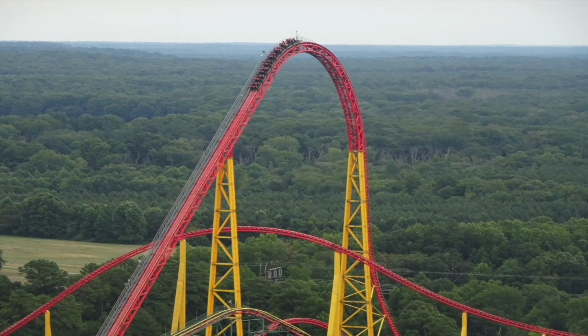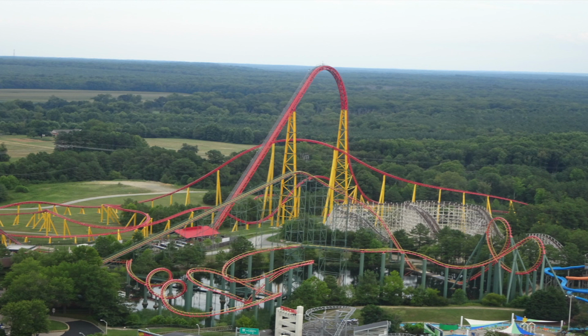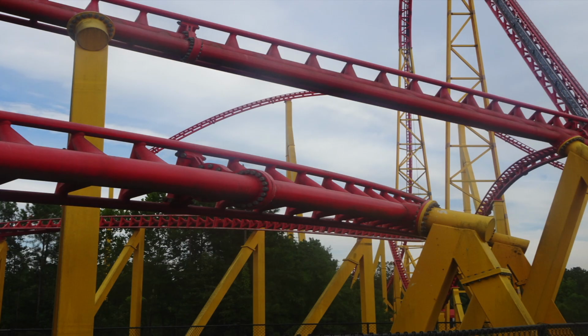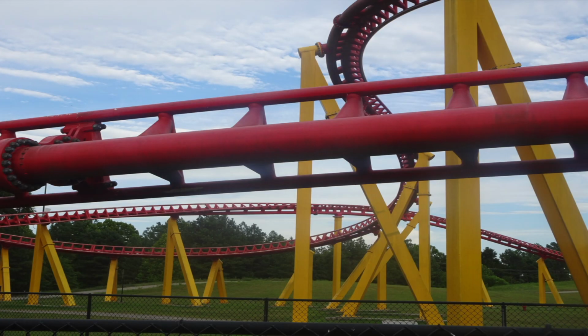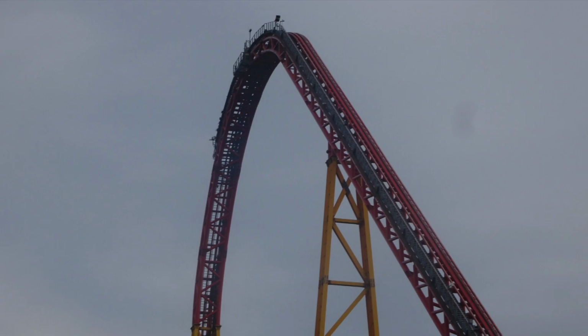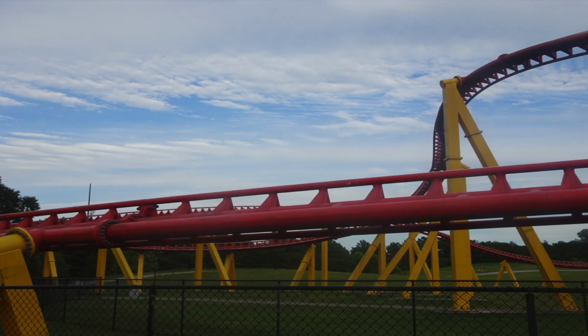In today's show we've got a review for Intimidator 305 at King's Dominion in Doswell, Virginia. Now this roller coaster is an absolute beast, over 305 feet tall, with an absolutely insane first drop and quite possibly one of the most intense elements ever just after the drop, where you bank really low to the ground, high intensity, high speed, about 90-odd miles an hour,